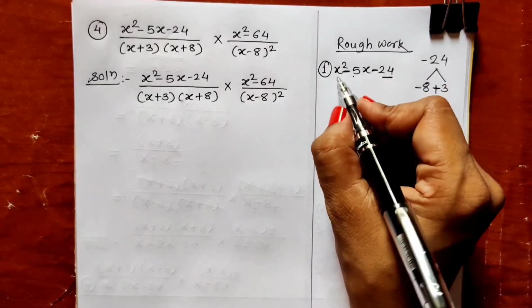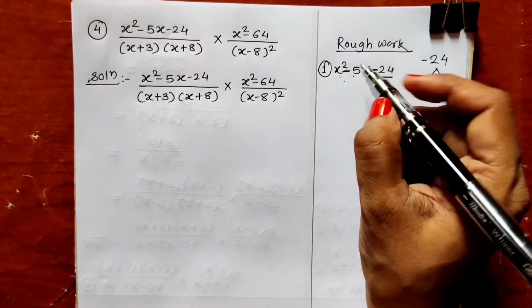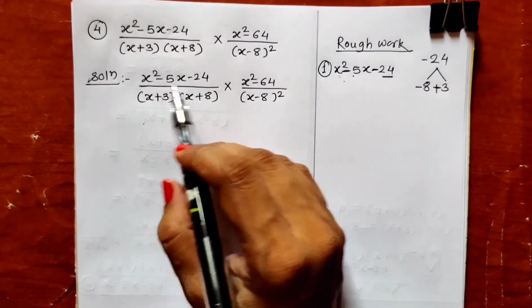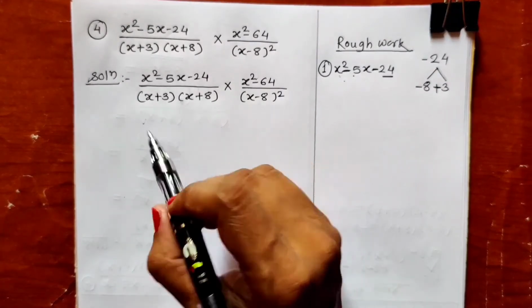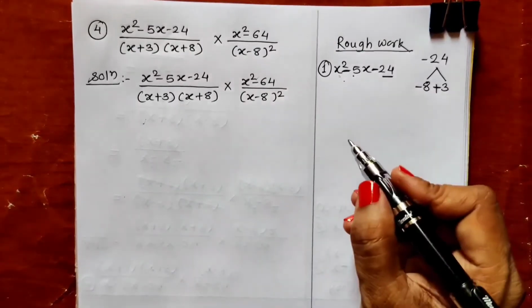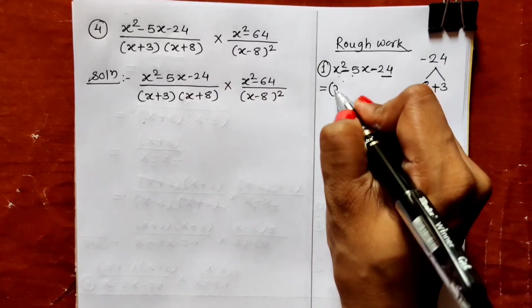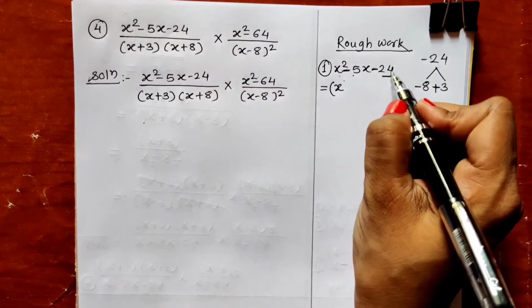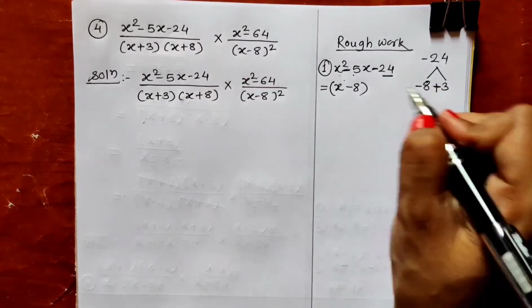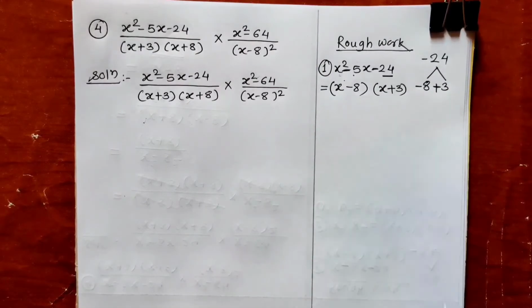Then, if you want to write the two factors directly without solving the second and third step, because in our work we will be directly writing the factors. We are not going to show all these solutions. We are going to write the factors of our expression directly. So how to write them directly? The variable of our expression is x. So in the first bracket we write x minus 8 and in the second bracket we write x plus 3. It is that simple.